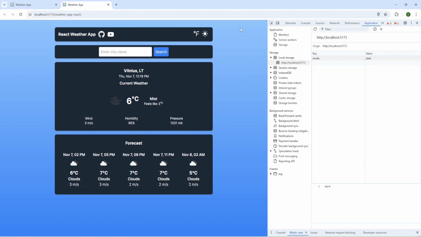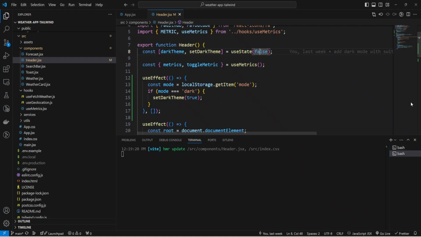So now let's go to the units setting, and I'm going to select Fahrenheit, and let me refresh the page. And as you can see, we have dark mode, but we don't have Fahrenheit, we have Celsius, and let's change that.